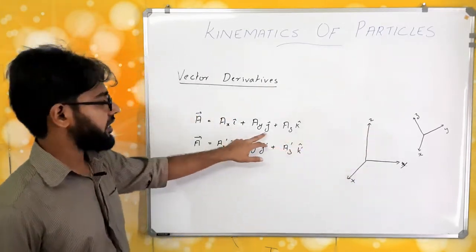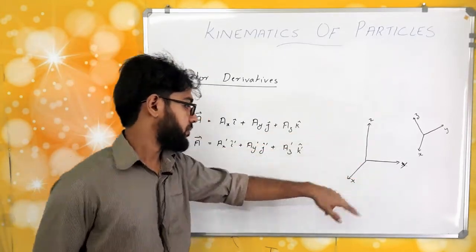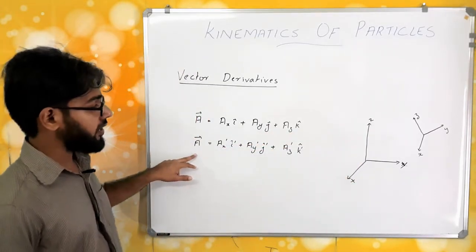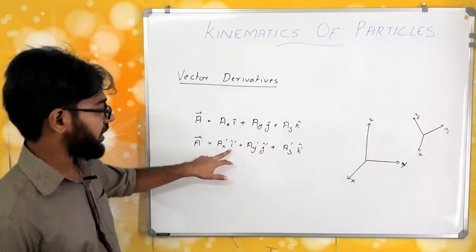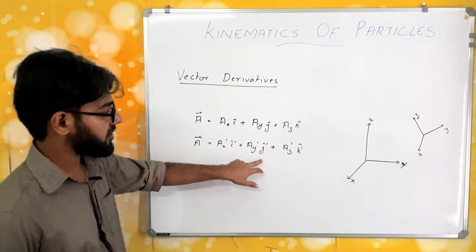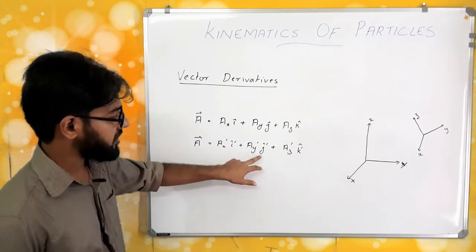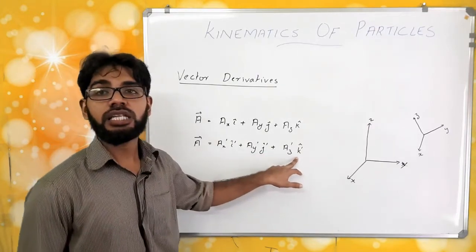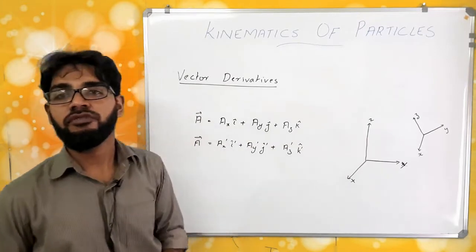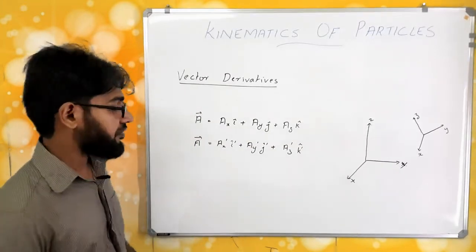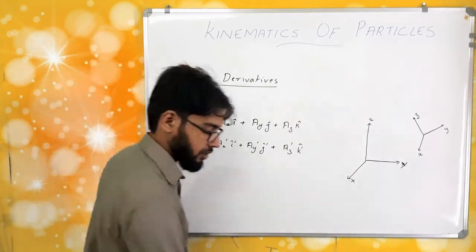Here I, J, K are the unit vectors along the primary reference frame, and the same vector I had considered in terms of the moving reference frame. So Ax dash into I dash cap plus Ay dash into J dash cap plus Az dash into K dash cap. Here I dash cap, J dash cap and K dash cap are the unit vectors along the moving reference frame. Now, if I take the derivative of the vector in both of these,